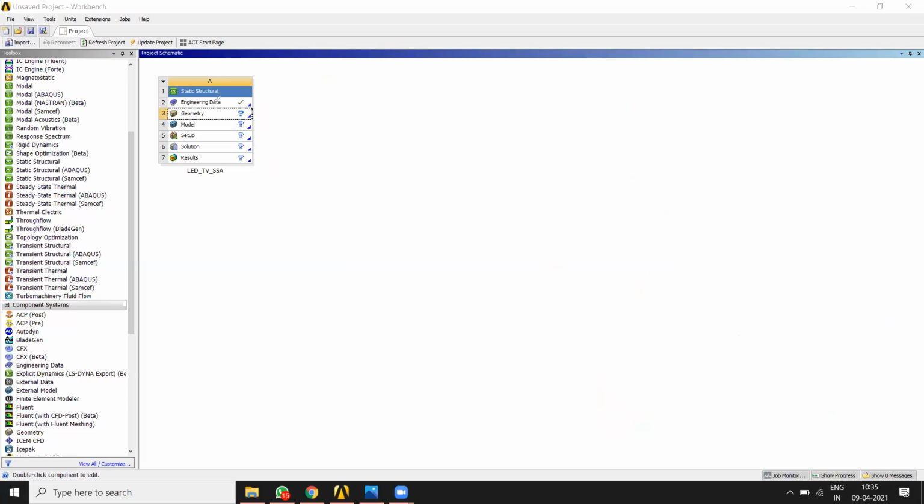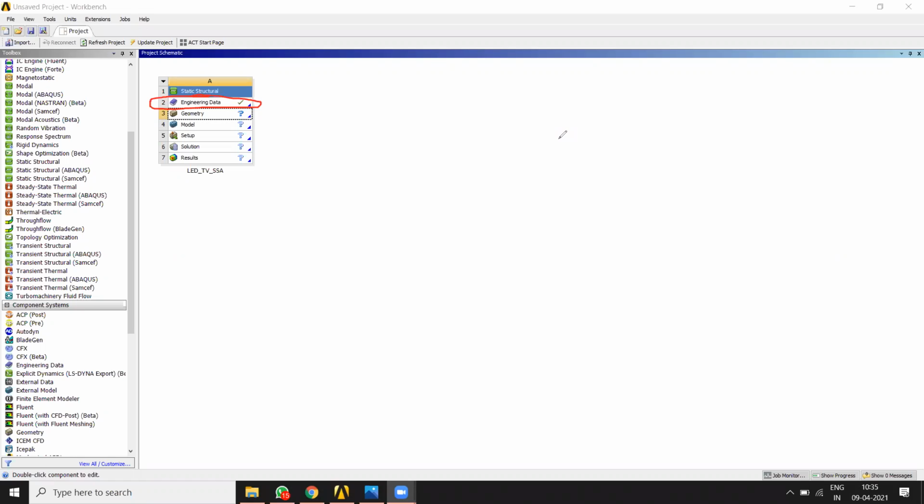Okay, let's start with the first thing, that is engineering data. Engineering data is nothing but your material property. You will already find a check mark on the engineering data part, because by default in ANSYS Workbench the material property assigned to your project is structural steel.